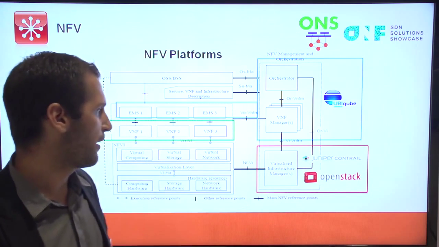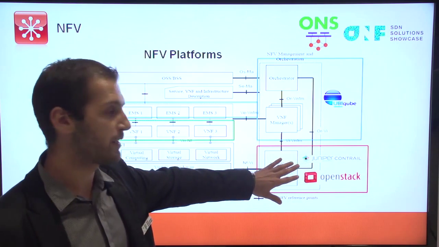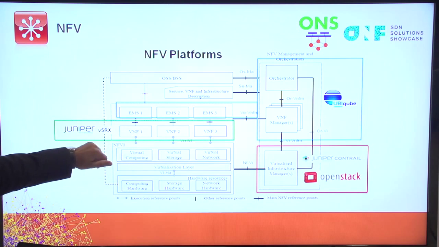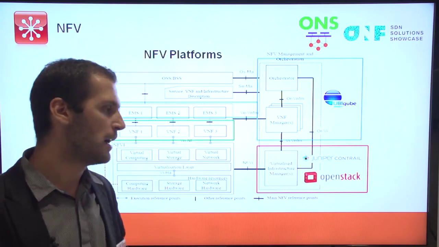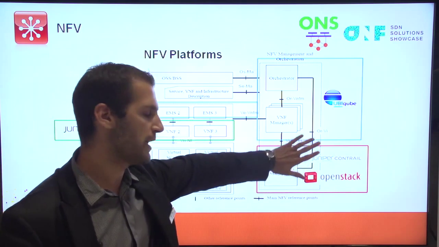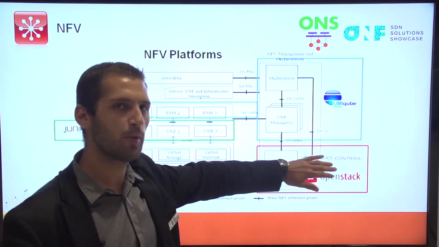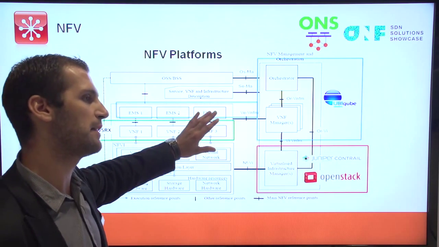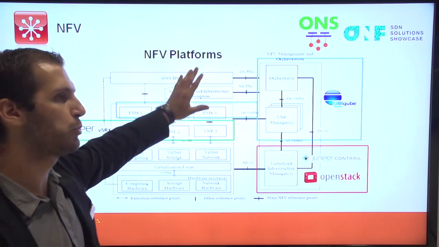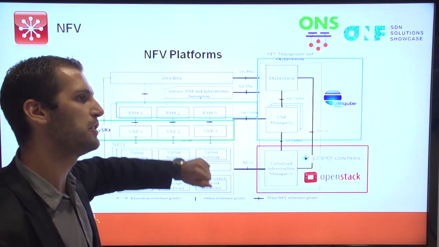We have an OpenStack server with a Juniper Contrail SDN controller. We have, as a VNF, a Juniper VSRX, and we have the Ubiquube MS Activator as an orchestrator, VNF manager, and EMS. So the idea is really to instantiate, thanks to OpenStack, a new VNF on the network, thanks to the Juniper Contrail to redirect the traffic to this new VNF, and thanks to the MS Activator to provision some firewall policies on my new VNF. So let me switch to the demo to show you how it works.